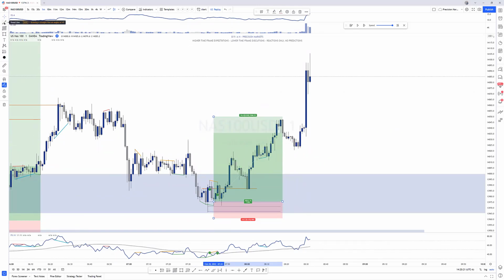But yeah. So like what I said, here was another. You could have gotten in. Well, it didn't pop. Didn't give you anything right here when it tapped into this zone, but you could have gotten in right here. Now, this is one of the things I tend to always kind of watch and say